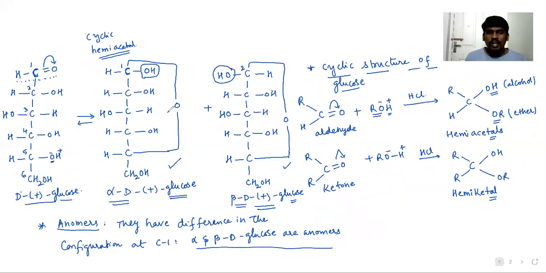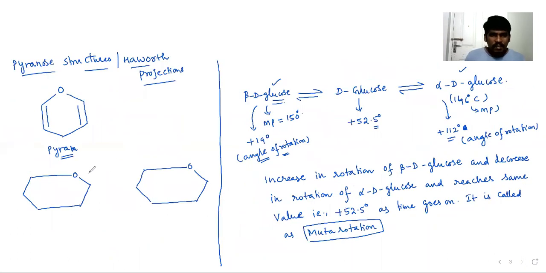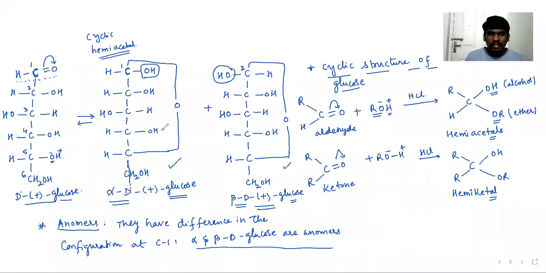Whichever groups are on the right side in the Fischer projection should be placed at the bottom, and whichever groups are on the left side should be placed at the top. All the right side groups must be placed at the bottom, and left side groups must be placed at the top. Observe it. What is the first carbon we have? HCOH. That must be placed here. It is carbon, OH should be at the bottom, H on the top. And similarly, what is the second carbon we have? The second carbon is the same, no? HCOH.